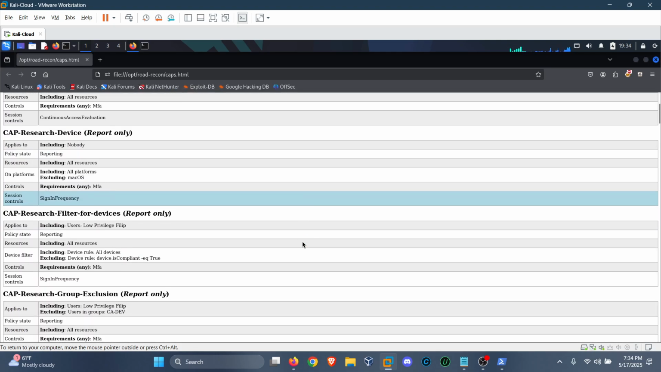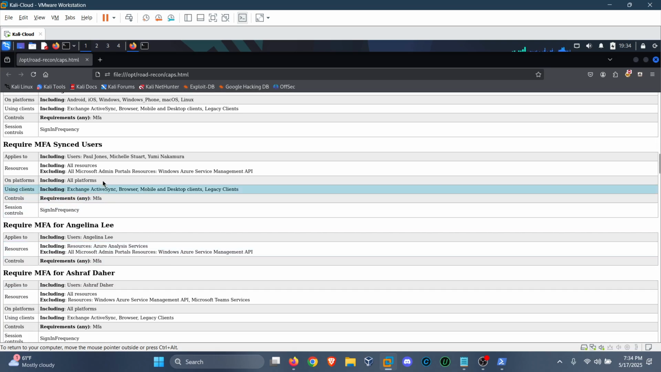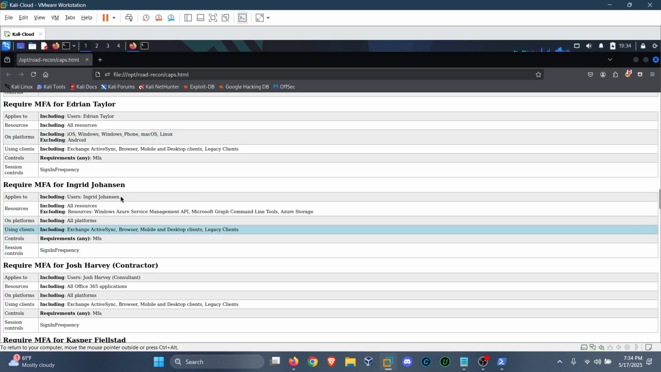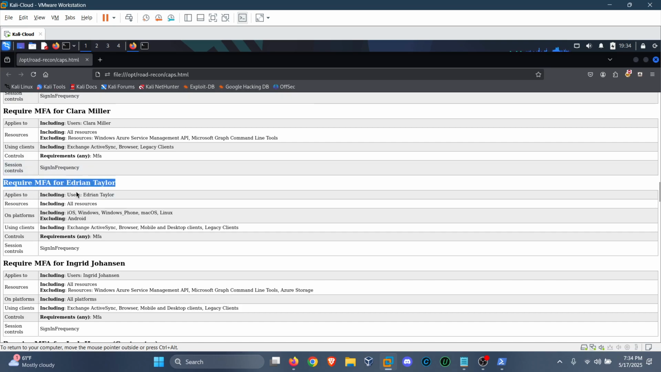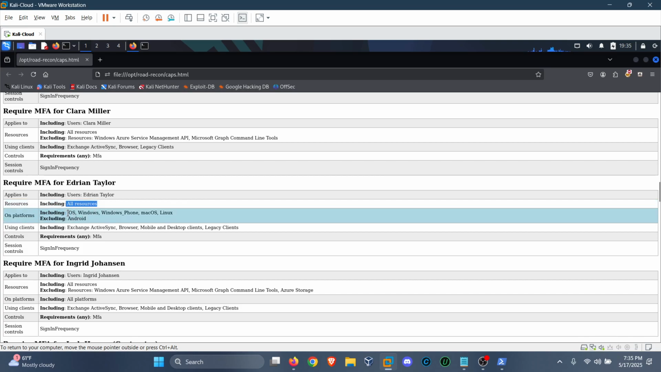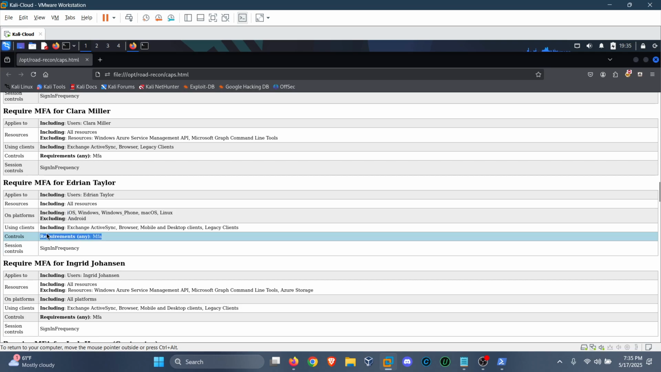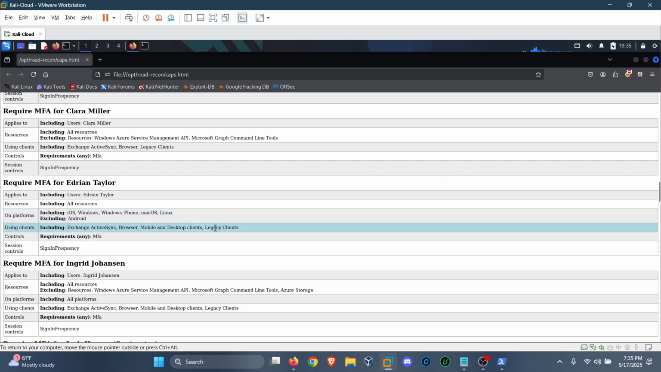Perfect. So let's look at the user that we have over here, which is Adrian Taylor. As we can see, it involves all resources. When it comes to including devices where MFA would be enabled, the controls over here, the requirements for MFA, are iOS, Windows, Windows Phone, macOS, Linux, and Android, and that's one of the user agents that we're